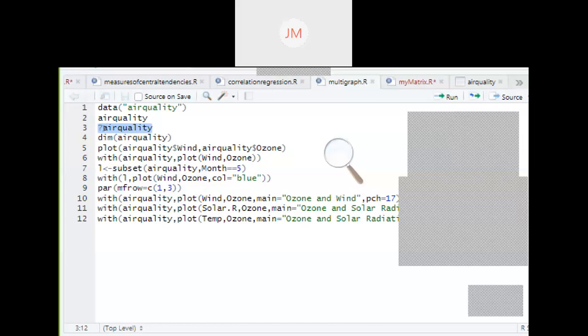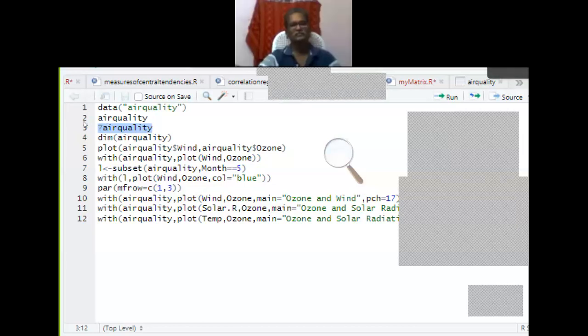To understand the description of the variables used in the air quality dataset, if you type dim(airquality), you may be able to find out the number of records and the number of variables in the air quality dataset. Once you type the plot command, plot(airquality$Wind), you know how to enter a variable name from the dataset: first the dataset name, then the dollar symbol, then the corresponding name of the variable.